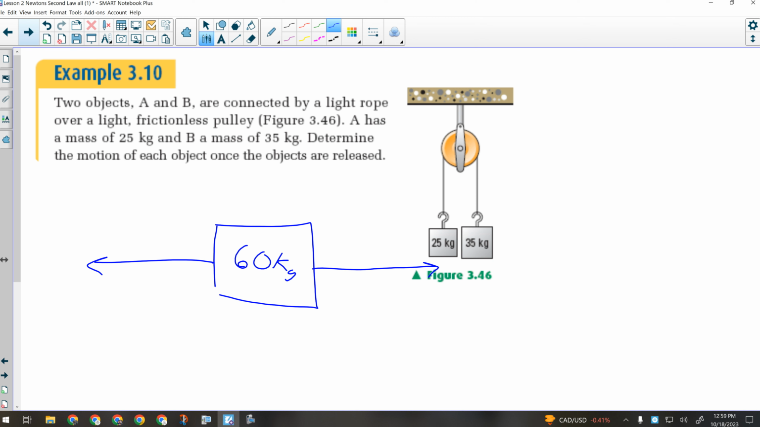A 60 kilogram mass being pulled in two different directions. Okay. Is there 60 kilograms worth of mass in that system? There is. And it's being pulled by gravity, but because of the pulley, gravity makes it look like it's working, well, it is working against itself. On this side here, I'd have the force of gravity on the 35 kilogram mass, which would be